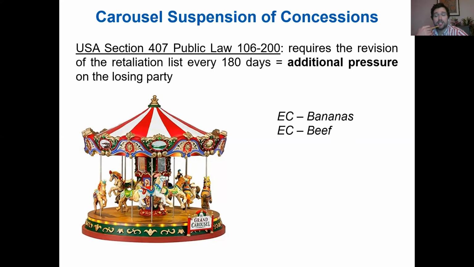There were two cases when there was a high risk of the US applying this provision of law, and it was threatening the carousel suspension of concessions: EC bananas and EC beef, when the EC refused to comply. And still they never did it. They never did it. The EU was saying it is contrary to WTO rules, is unpredictable, which is questionable, but